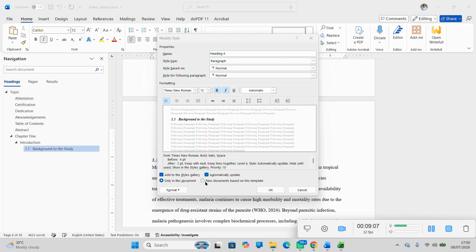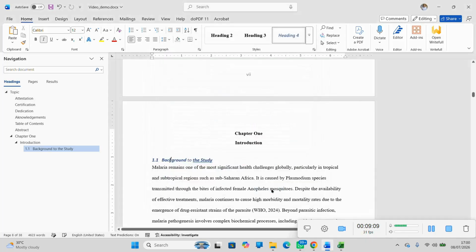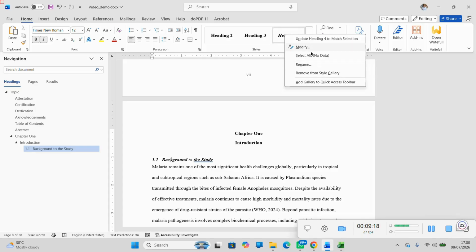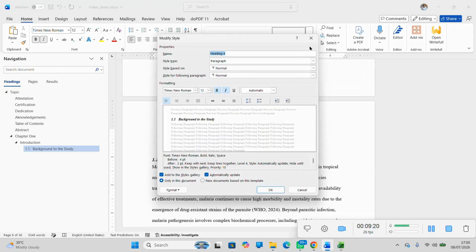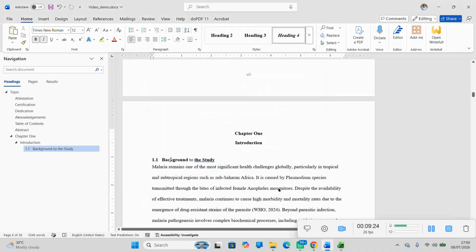Once all the parameters are set, just click OK. And then one thing we did not do, we can go back and still edit it. It's still in italics, so it depends on what you really want. So we come back to the modify, and for heading 4, we don't want it in italics. Okay, so this is how you build this, and you can see how it is lining up also on this